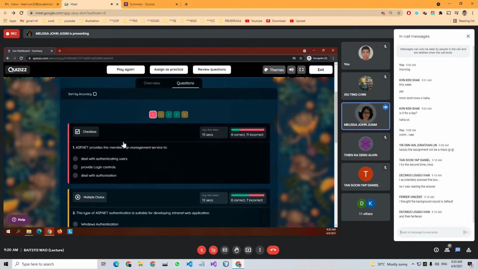Membership management is about authenticating users and providing login controls. This is what we have covered in our practical. We use login controls to authenticate our users. The one that is not available for us anymore is authorization. Authorization is not under membership management. Okay, next.